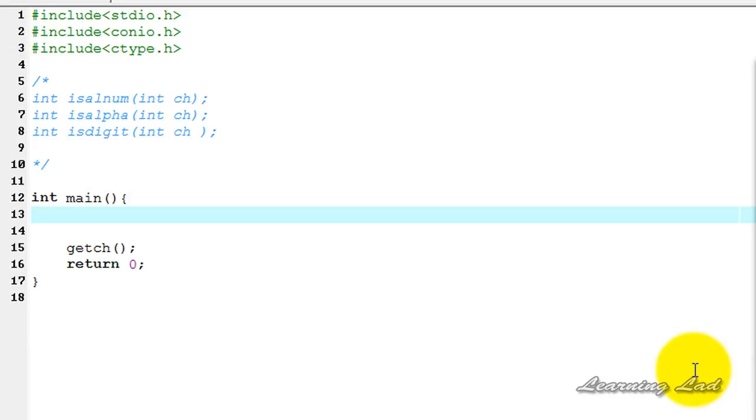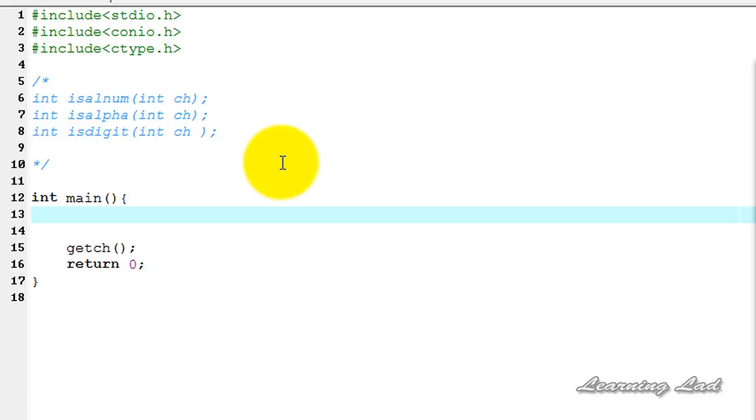In this tutorial, we're gonna see some character and string functions available in C. The string functions available in C operate on null-terminated arrays of characters. In C, a string is nothing but an array of characters ended with the null character. To use the string functions, we need to use the string.h header file. And if you want to use the character functions in your program, then you need to use ctype.h